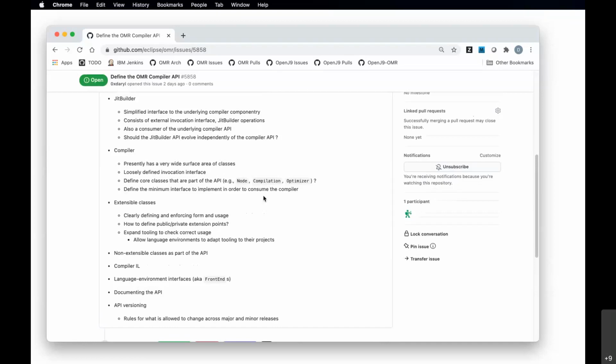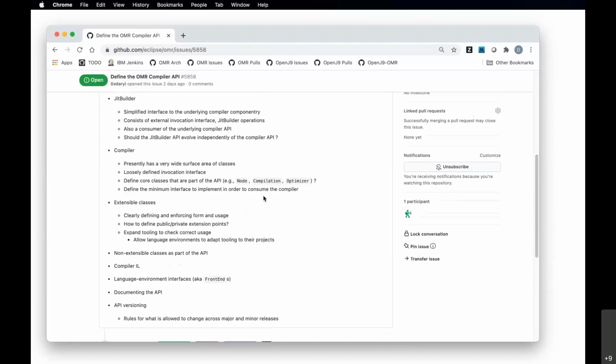And finally, another thing to consider is the versioning aspects of it, and what are we going to allow to be changed across major and minor releases? Is there any way to either enforce or detect that there are incompatibilities with the API that a language environment is consuming versus what is provided in the current version of OMR that they're trying to consume?